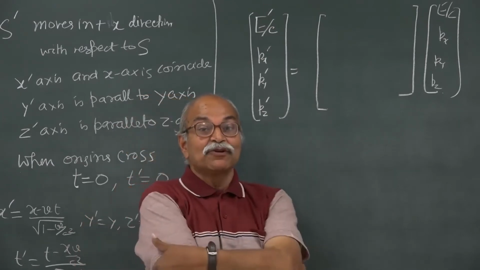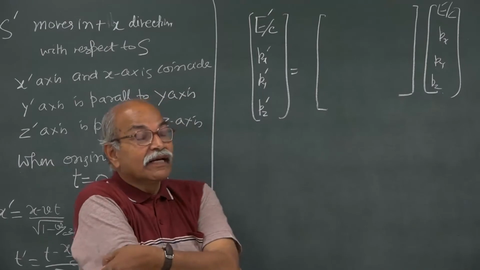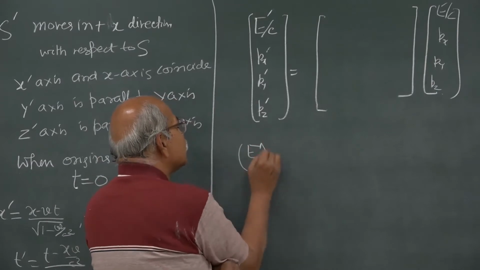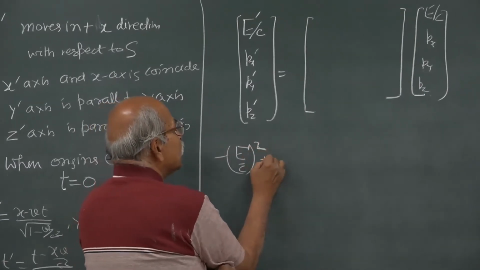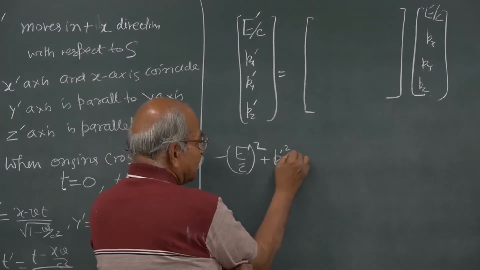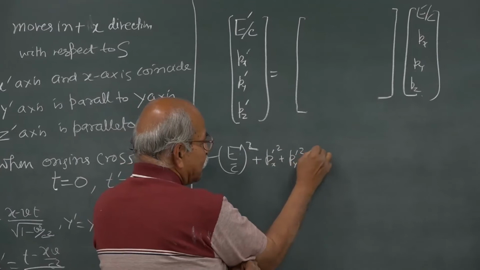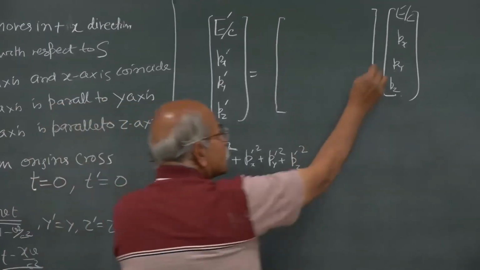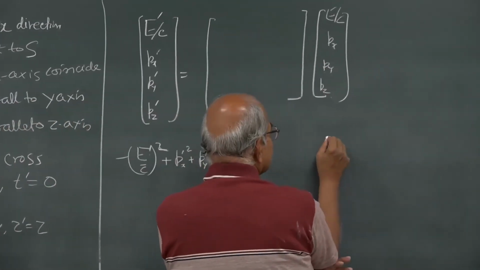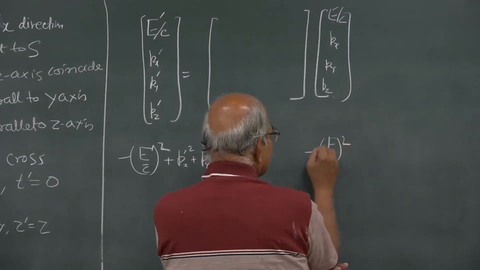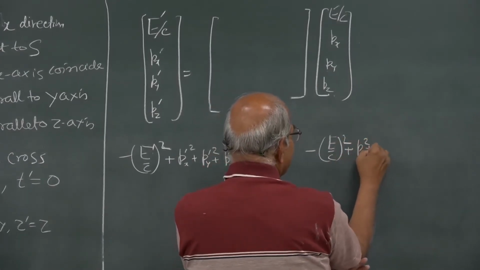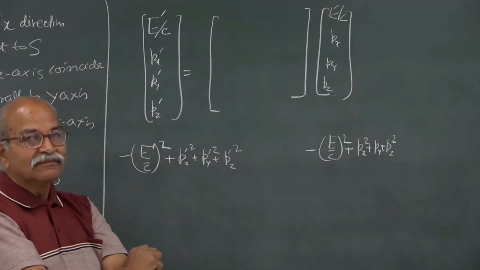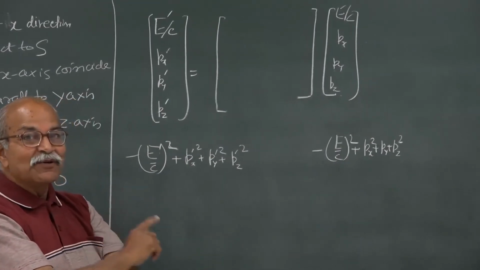But one thing I can be very sure of, if I consider this quantity, minus E prime by c square plus Px prime square plus Py prime square plus Pz prime square, and here I construct this quantity, minus E by c square plus Px square and Py square and Pz square, they are going to be the same,